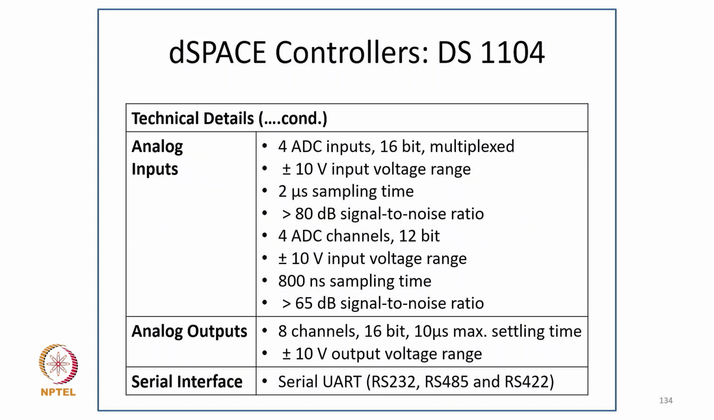And analog inputs are 4 ADC channels of 16-bit multiplexed, plus or minus 10 volt input voltage and 2 microsecond sampling period, greater than 80 dB signal-to-noise ratio, and 4 ADC channels of 12-bit with plus or minus 10 volt input voltage range and 800 nanosecond sampling time, greater than 65 dB signal-to-noise ratio. Analog output is 8 channels of 16-bit, 10 microsecond maximum sampling time with plus or minus 10 volt output range, and serial interface: serial UART RS232, RS485 and